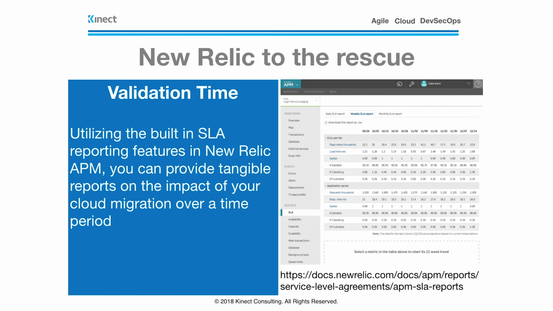But that's not where it ends as well. Once you've done the migration, you want to validate that you're performing better, or at least at the same level. And this is where the SLA reports in New Relic come in handy. I can see the performance from release, from days, from weeks, how it was performing from a transactional standpoint, how it was performing from a response time standpoint, from a database standpoint. I can see that here, and then on the day that I switched over, I can see what those response